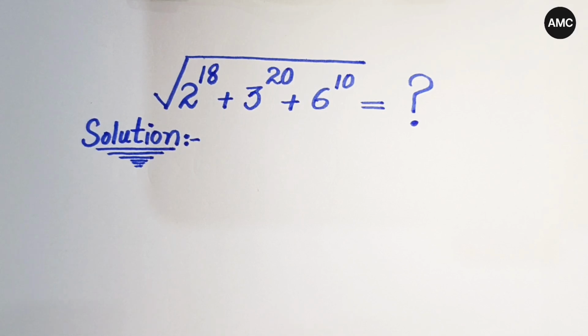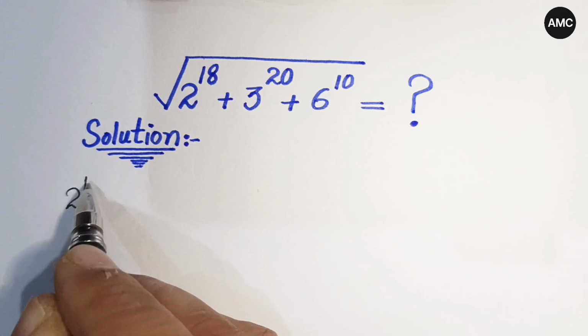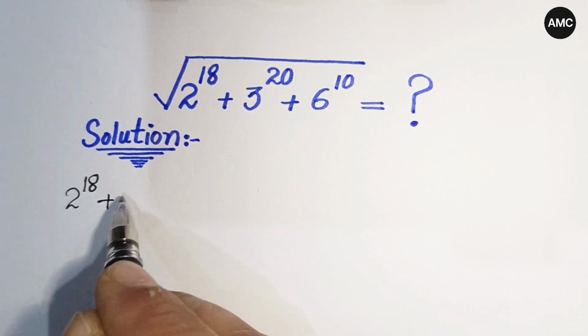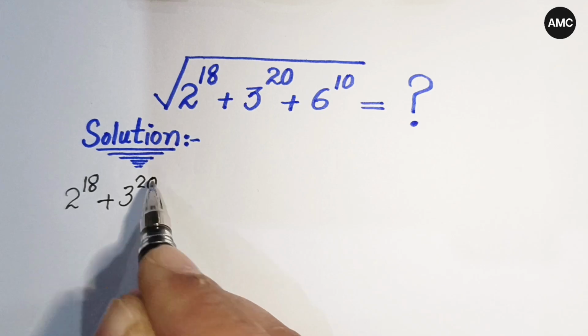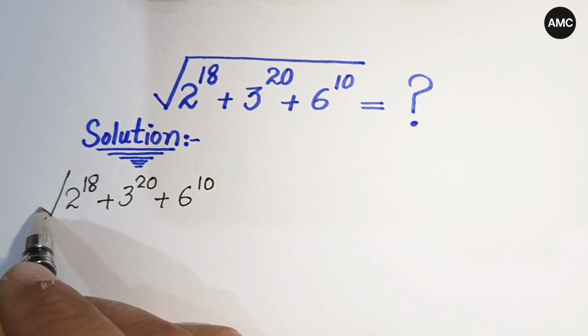Today we have a nice simplification problem: the square root of 2 to the power 18 plus 3 to the power 20 plus 6 to the power 10. So we have to simplify this problem. Let's start our solution. Our problem is the square root of 2 to the power 18 plus 3 to the power 20 plus 6 to the power 10